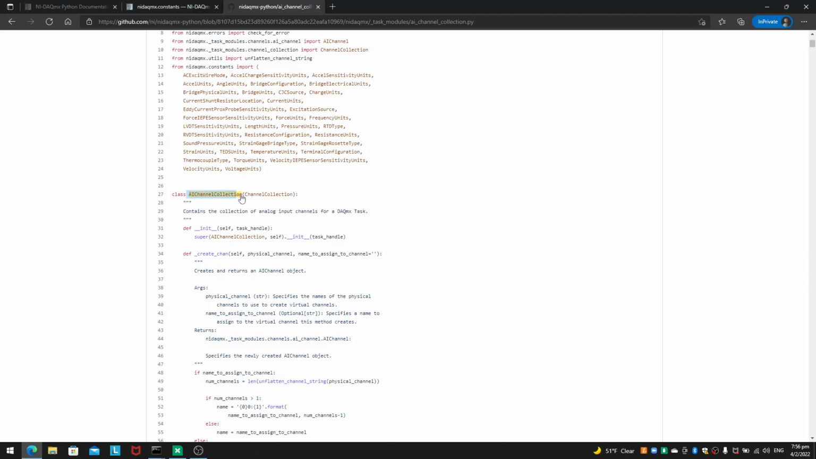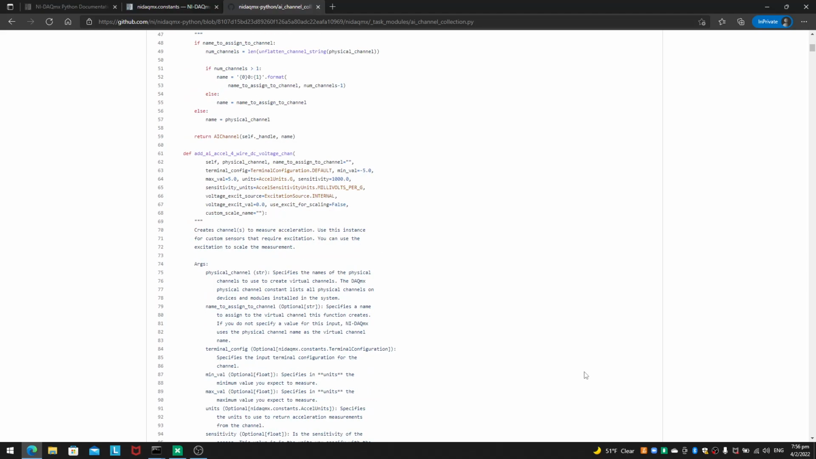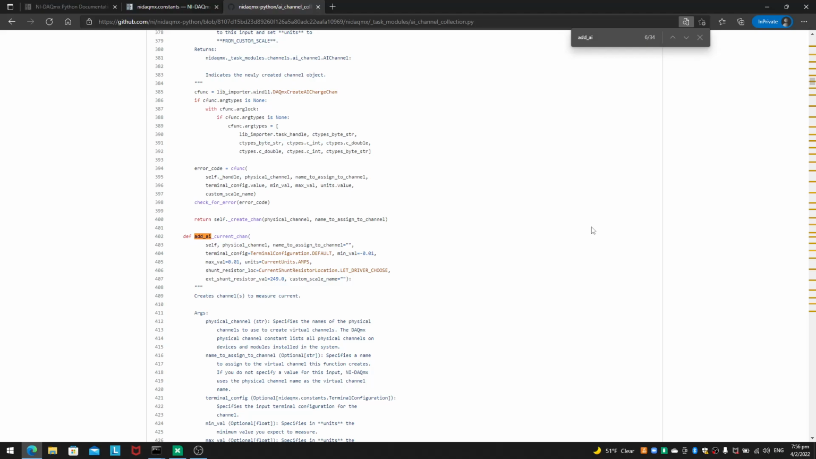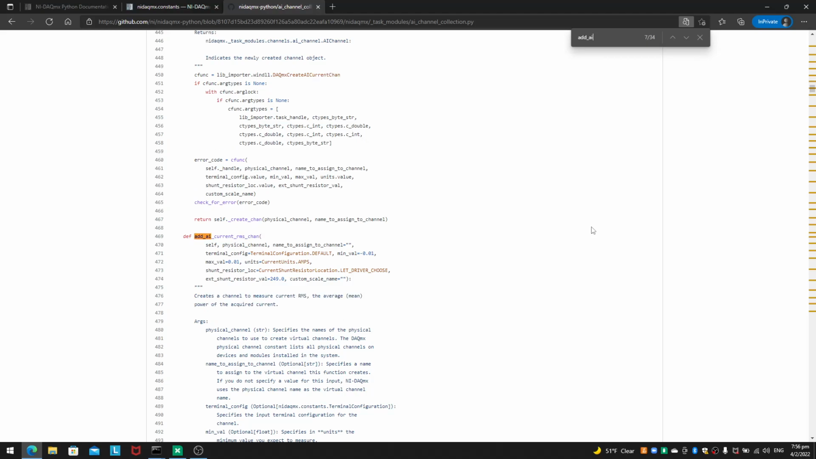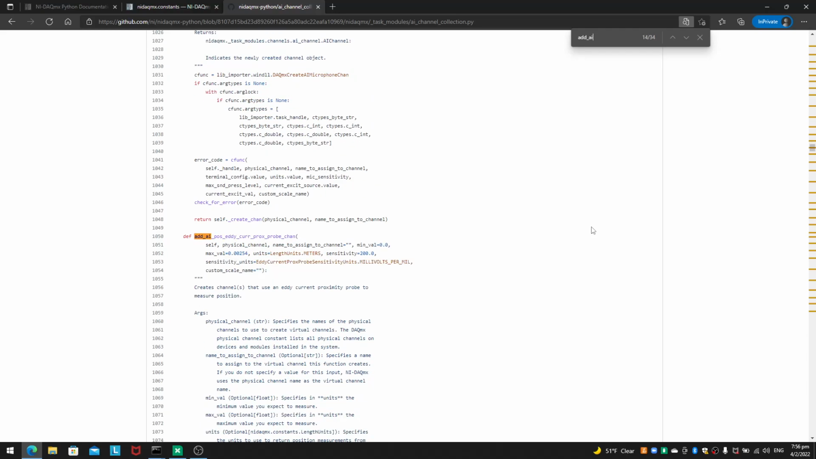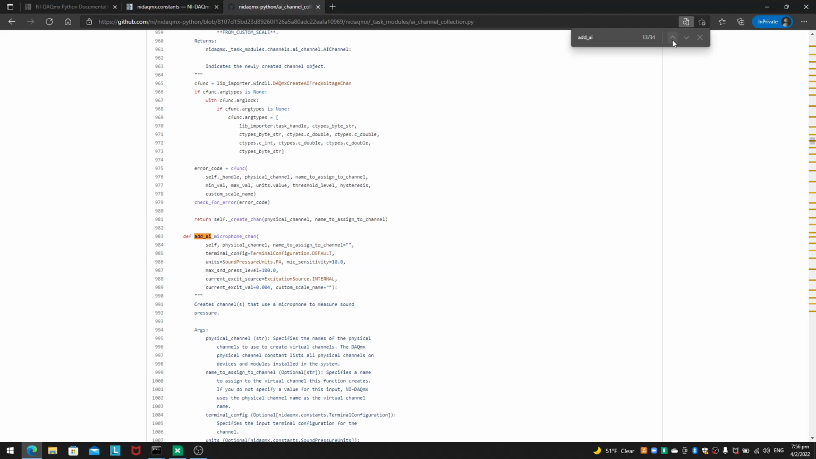You see this thing here, AI channel collection. This is a class which inherits from channel collection, because you see that bracket over here. Okay, channel collection is the parent class, AI channel collection is the child class. If you look at this one, add AI, you can see all the sorts of channels you can have. Add AI current channel, AI current RMS channel, force bridge polynomial channel. There's even a microphone channel, which is quite interesting here. Microphone channel. It says create channel that uses microphone to measure sound